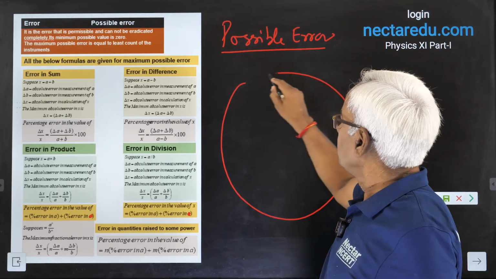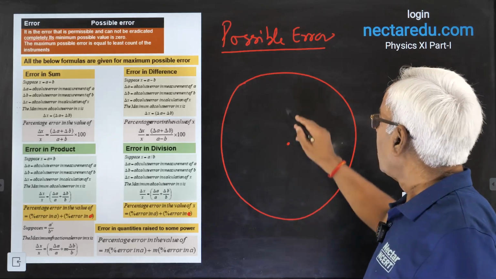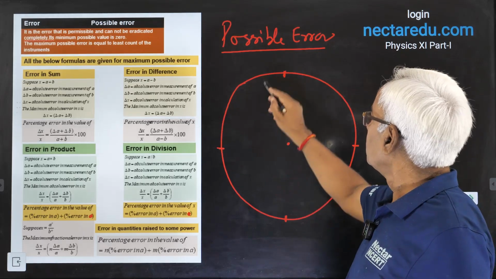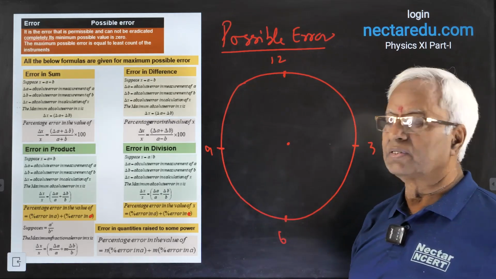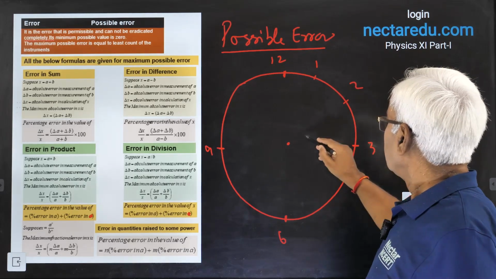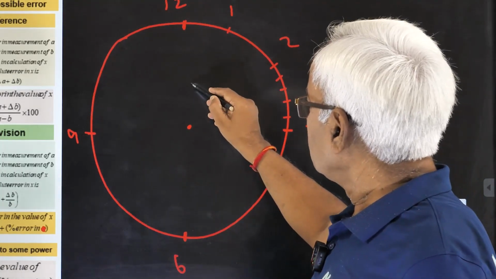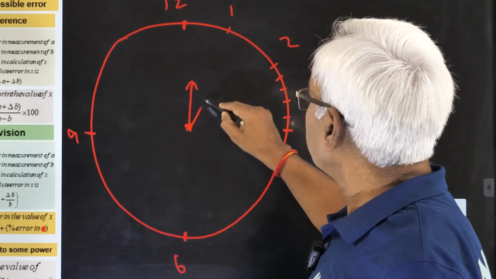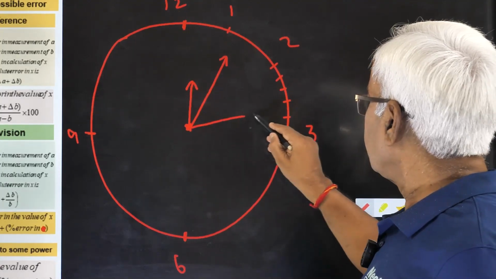We'll start with a circle representing your watch, having the markings for, say, 12, 3, 6, 9 in terms of hours, then 1, 2, further division for seconds. One hand is the hours hand, I'm considering the simplest one. The other hand is the minutes hand, and then the second hand.